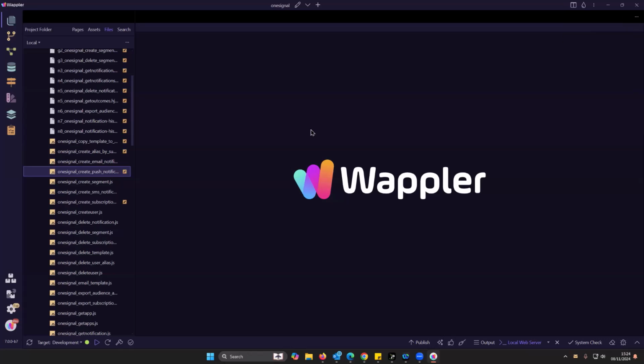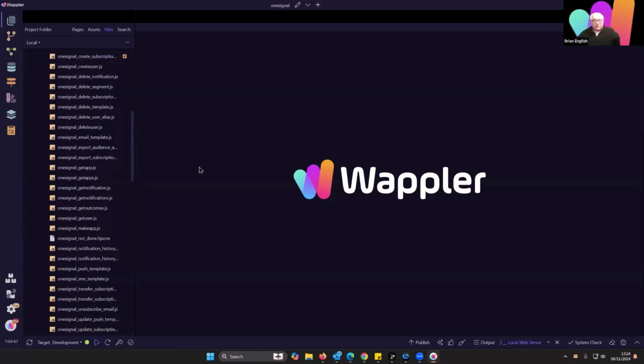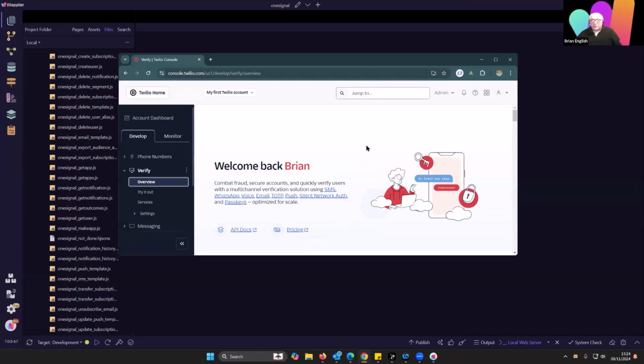Okay, awesome. I shall move on. So next thing, you want to send an SMS message, a text message. This is where Twilio comes in. I've got a Twilio account. Now, if you are going to be sending out high volumes of text messages, SMS messages, then you might be better getting your number via OneSignal. They do a pretty good